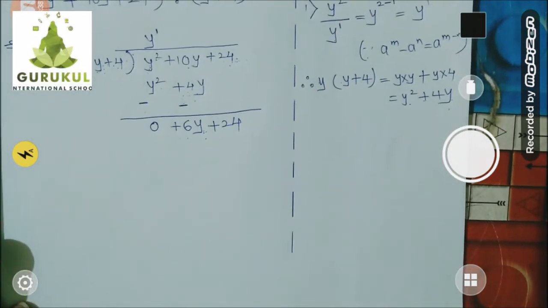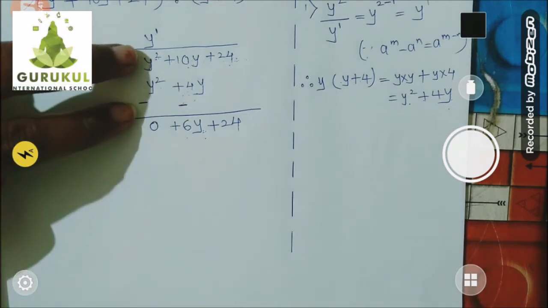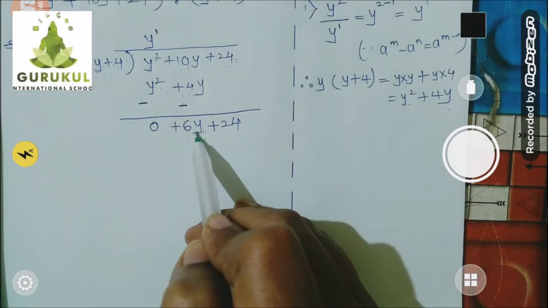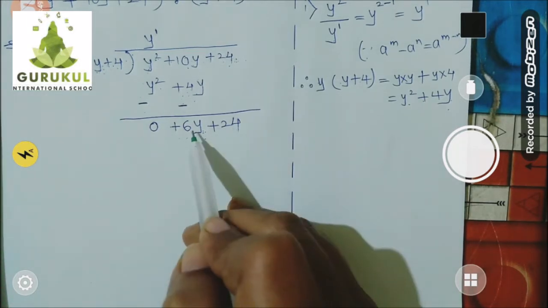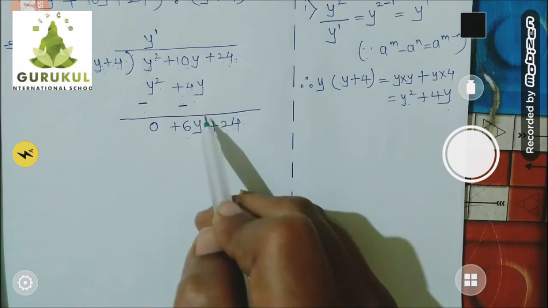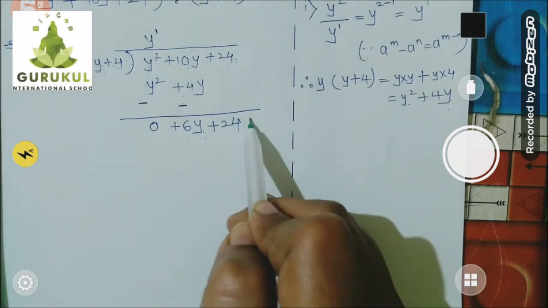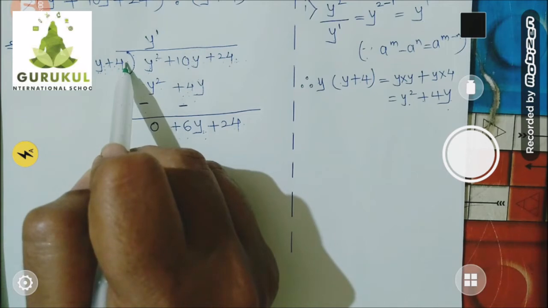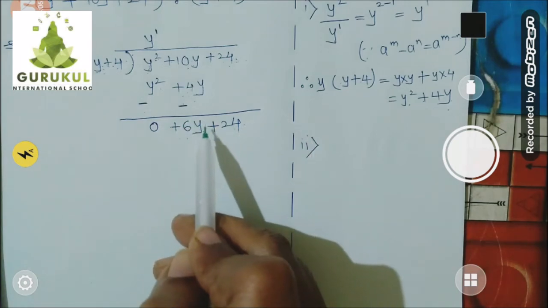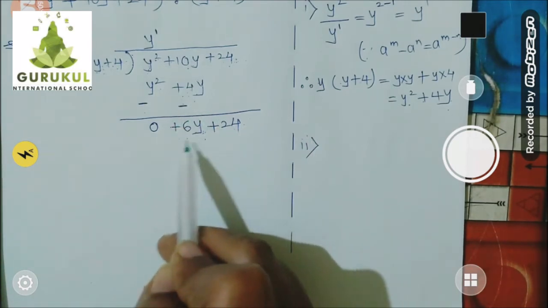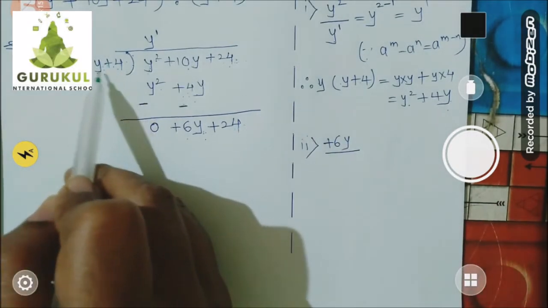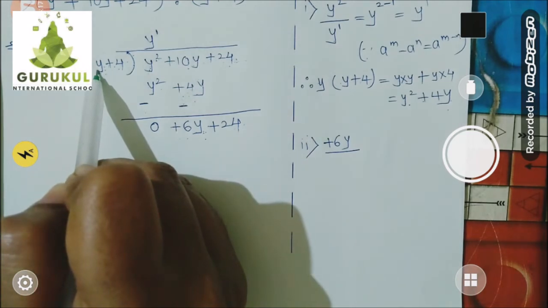And now, children, again repeat the same procedure which you did in the first step. Step number 1, is it arranged in descending order of power? Answer is yes. y raised to 1, and no constant number means y raised to 0. So power is 1, power is 0. They are already in descending order. Here also they are in descending order. Then what do we have to do? Step number 2 is what? Select such a term which contains the highest power. And what is that term? Plus 6y. Take it, divided by, select here such a term which contains the highest power. What is that? y.